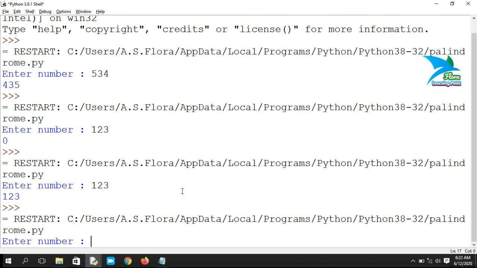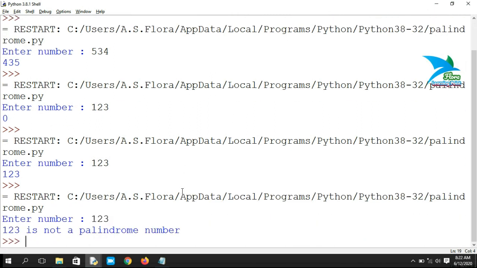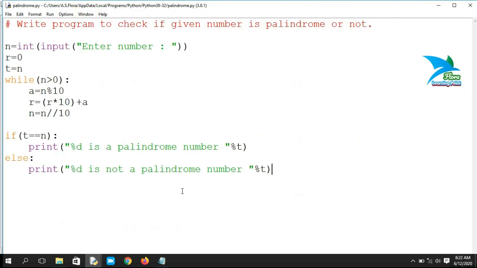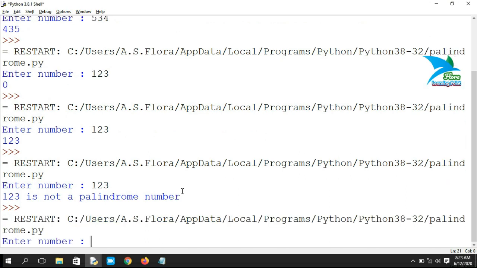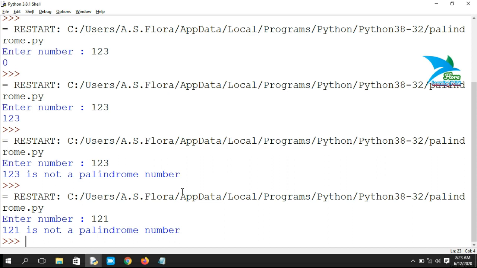Now I'm going to enter 123. 123 is not a palindrome number. Just try to run the same code with another value. Let's suppose I enter 121, and the reverse of 121 will be the same.